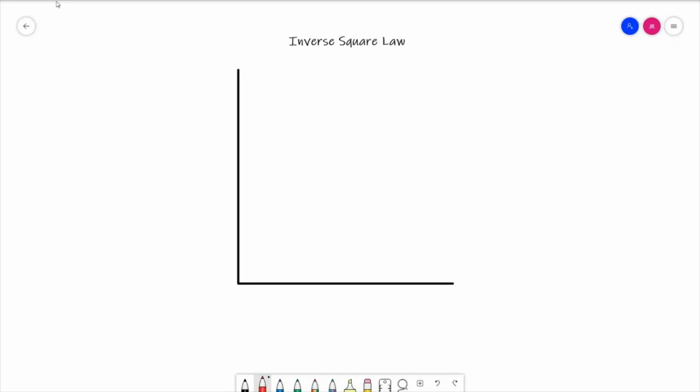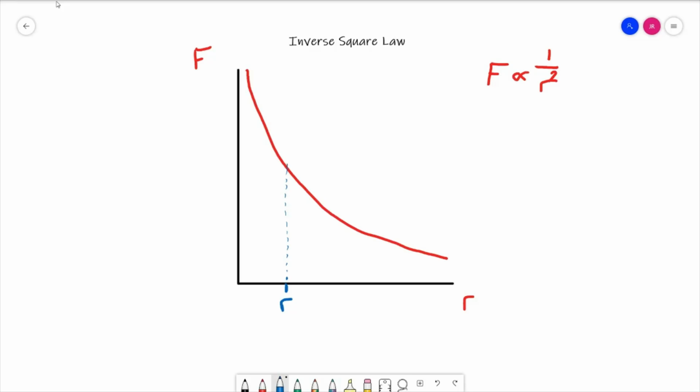Secondly, let's have a look at this term inverse square law and what it means. Now, if we were to draw a graph of the force against the distance between our two charges, the graph is going to look something like that. Just to rewrite the proportionality relationship back on the screen, F is proportional to 1 over r squared. If we take a point here, r, and we have a look at what the force is at that point,